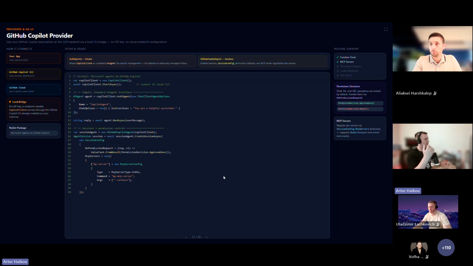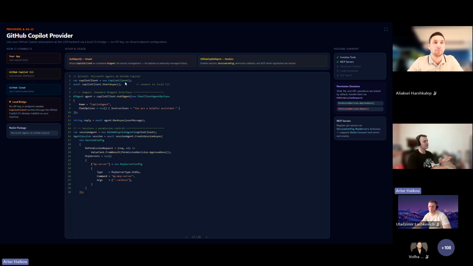And what next? We have a lot of providers that you can utilize. In my case, I use Azure OpenAI, but you're able to use Llama, Anthropic, and Onyx, I believe. But from my perspective, as an engineer, it's most interesting that you're able to utilize GitHub Copilot functionality with your local CLI. And again, we do not write a lot of lines of code to connect GitHub Copilot CLI to your Microsoft Agent Framework functionality.